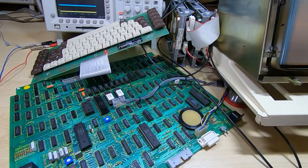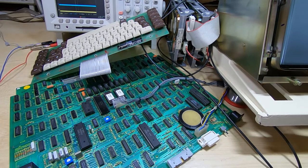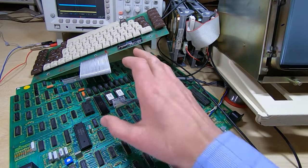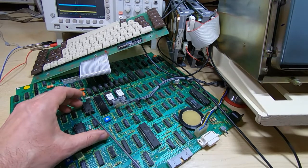Now, we can test other parts of the system by forcing some failures. So if I pop the ROMs out, then it doesn't boot up at all, as you'd expect, and that does again tend to prove that the ROMs are accessible. We know that anyway because the system is performing some fundamental self-tests. But we can do other types of testing. So for example, if I pop the real-time clock chip out,